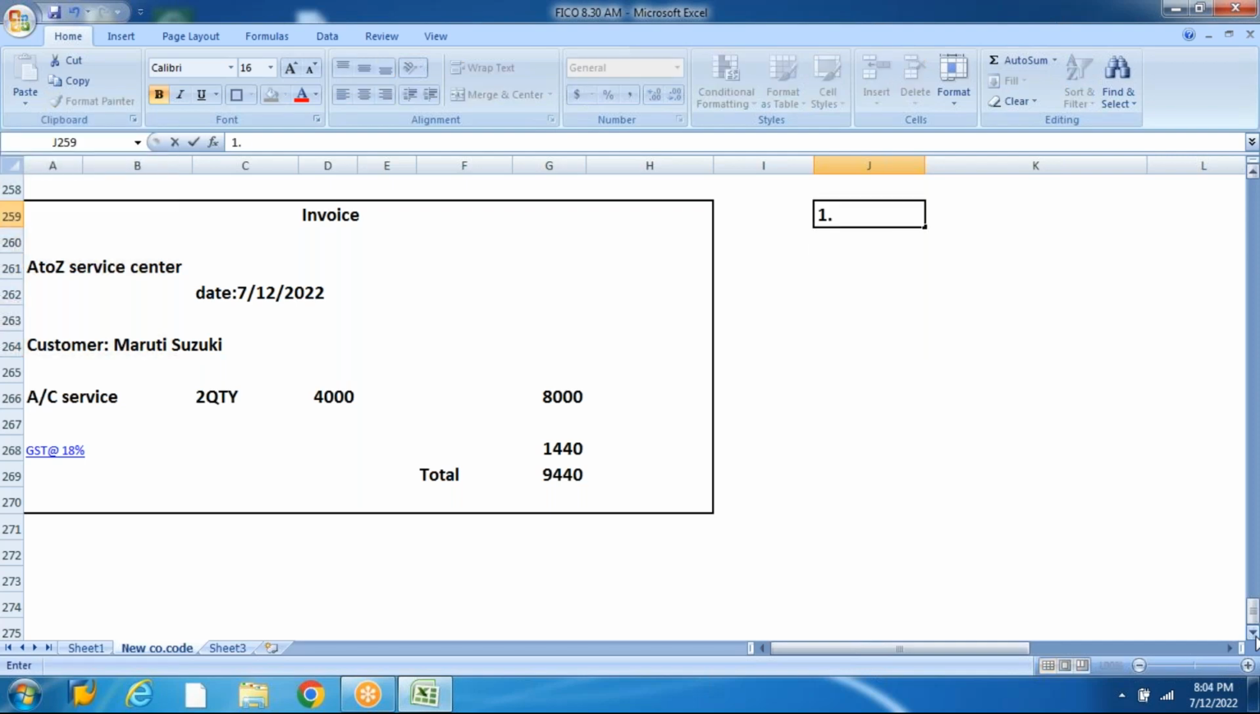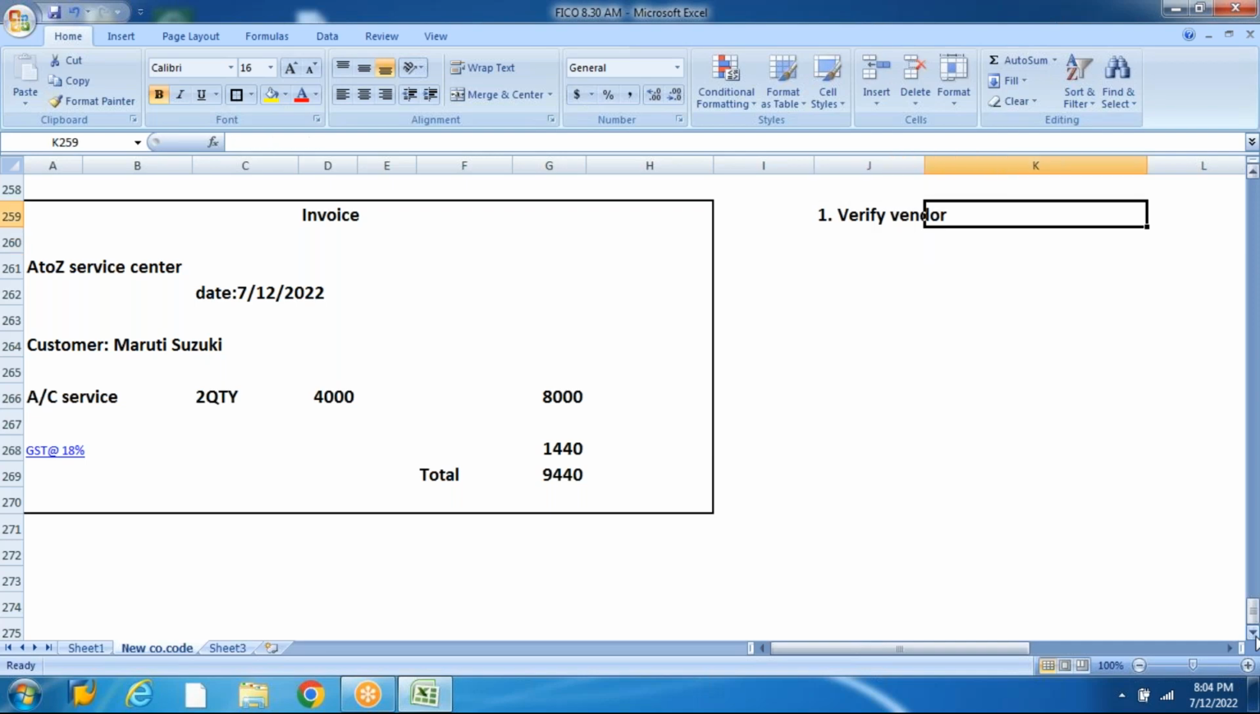You will have to verify vendor. When I say verify vendor or validate vendor, I have to see from whom or from which supplier I received this invoice. What is the supplier name? A to Z Service Center. So first I have to map or find out the supplier code or vendor code from